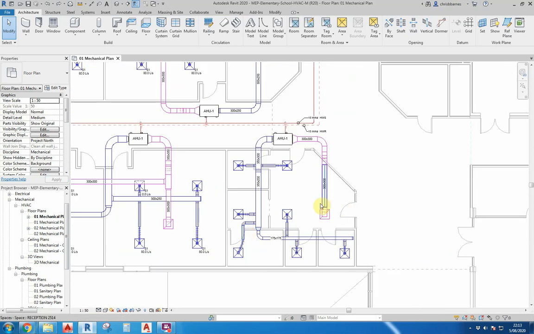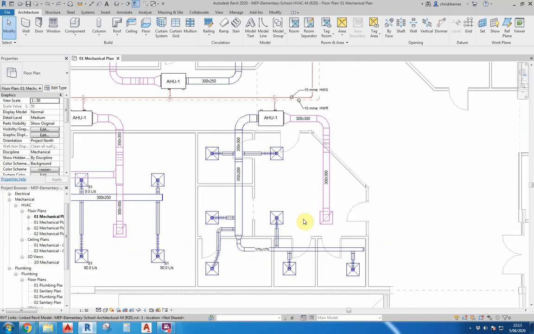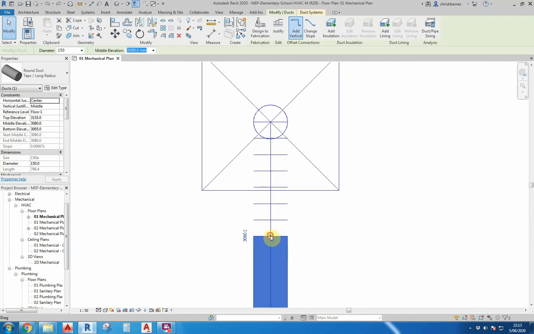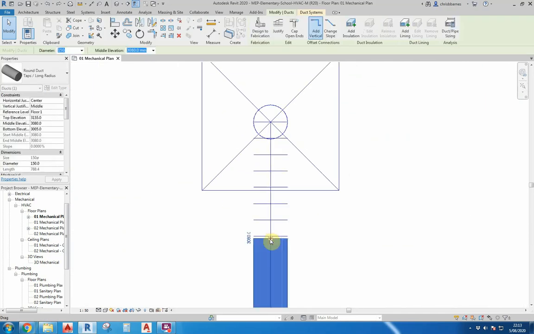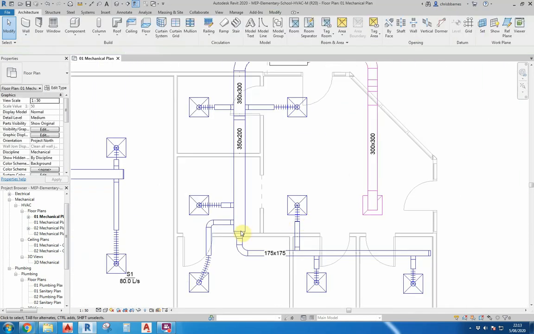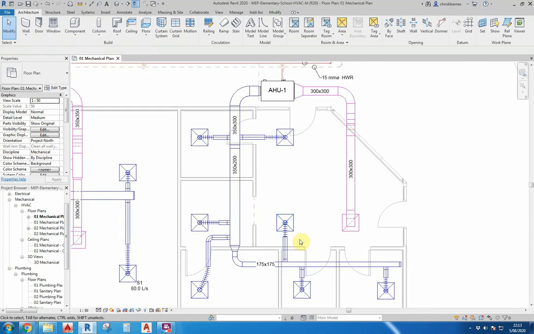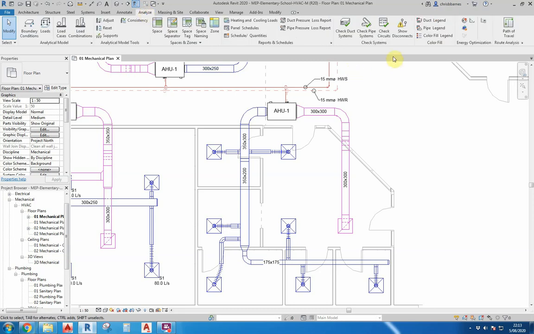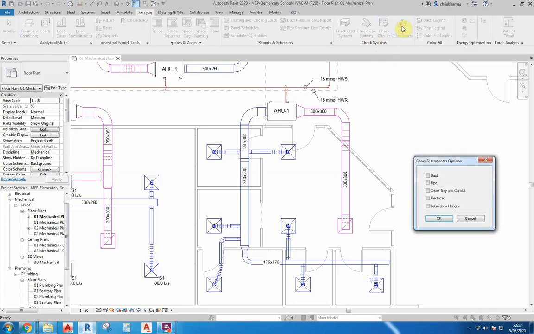Another way of doing the same thing is what I'll do is I'll just separate it again. Another way, a quick check of doing this same thing is by going up to here, the Analyze tab, and now here, check systems, we're going to show disconnects. So we click on this. Now we get a pop-up window,